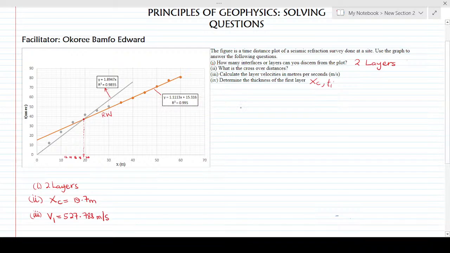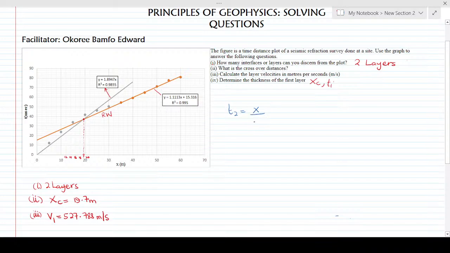So we are going to look for the velocity of the wave in the second layer. That is V2, and it's as a result of the refracted wave. And from the graph, the refracted wave is the line in orange,